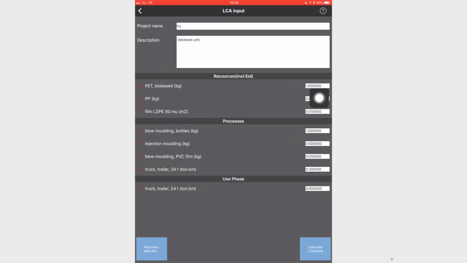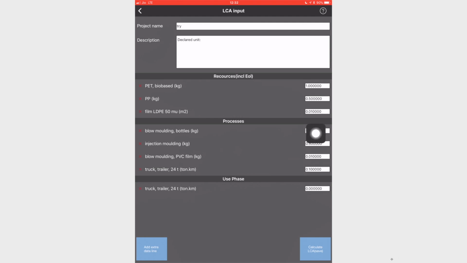Then I have to put over here the measurement in terms of the unit which is present over here. Then my processes, so I have blow molding process, injection molding process, I selected the process responsible. Then I also need some truck trailer which is a 24 ton truck trailer and the unit over here is ton kilometer. When we go into looking at each of these components, you will see that you can select two types of trucks. One type based on ton kilometer and another type based on meter cube kilometer. We will discuss it a little later.